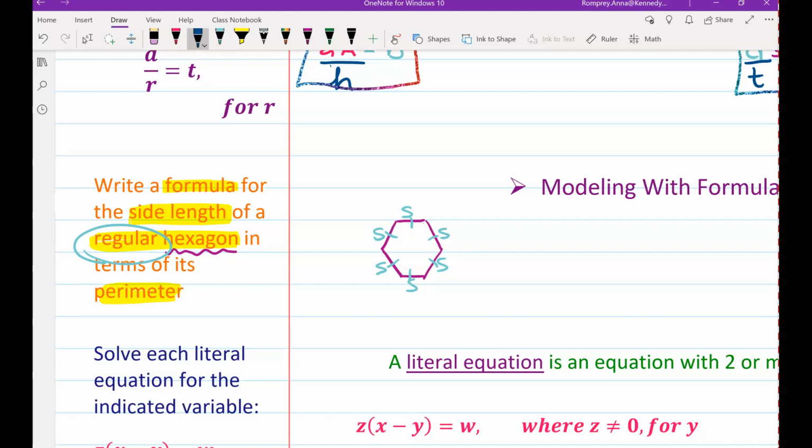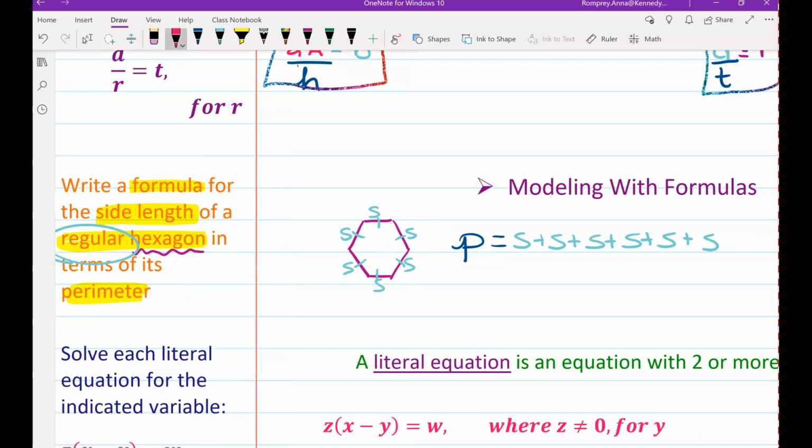So if we're finding the perimeter of a 6-sided figure, write a formula for the side length of a regular hexagon. How do we find the perimeter? Add up all the sides. Awesome. Can we simplify this? For sure. How many s's is this term? 1s plus 1s plus 1s plus 1s plus 1s plus 1s. So the perimeter is equal to,